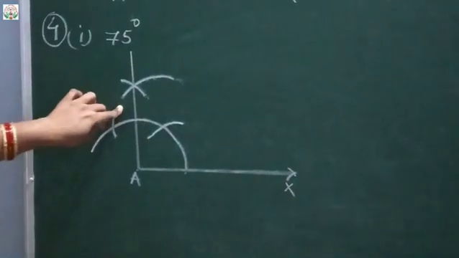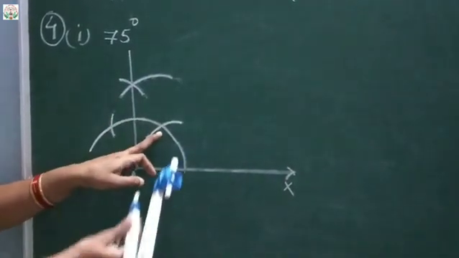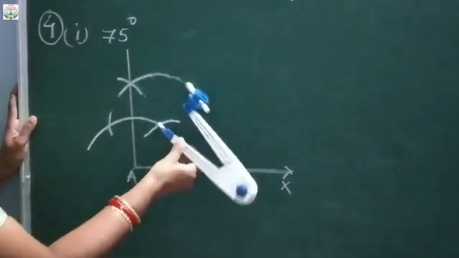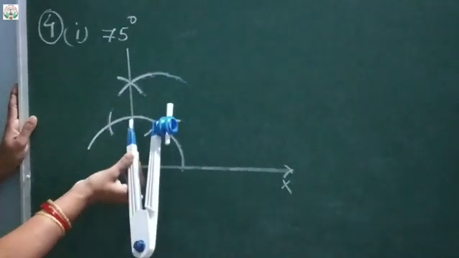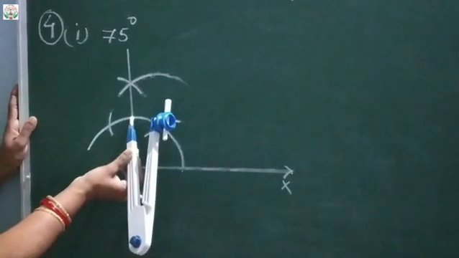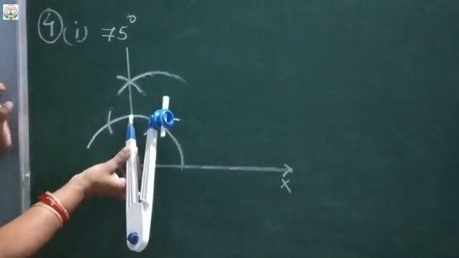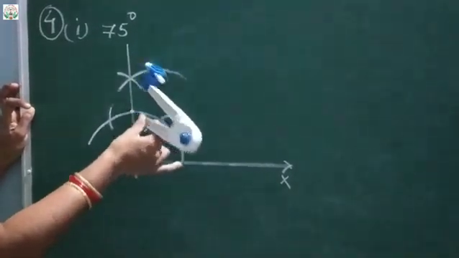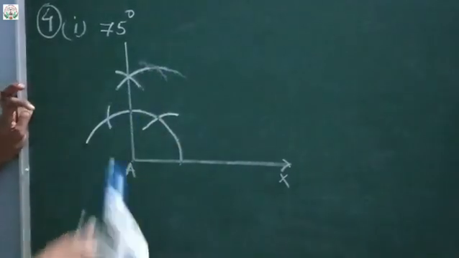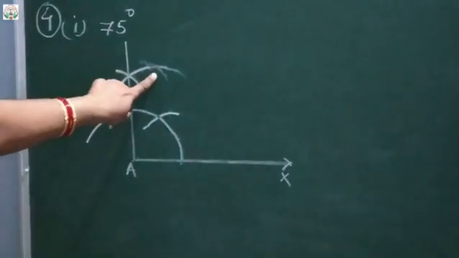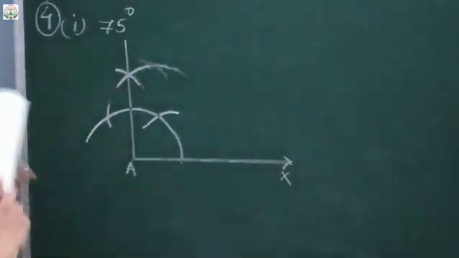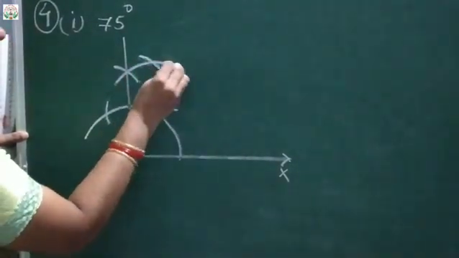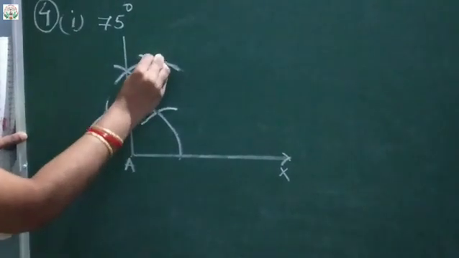Okay, so now at this 60 arc, keep the needle and draw the arc likewise. Okay, and again at 90, means the 90 degree line where it touches the semicircle, there you keep the needle and draw an arc of the same measurement. Okay, so now here you can see the intersection took place. So make it a little dark so that you can see and understand. So this is the arc. So here the intersection took place.